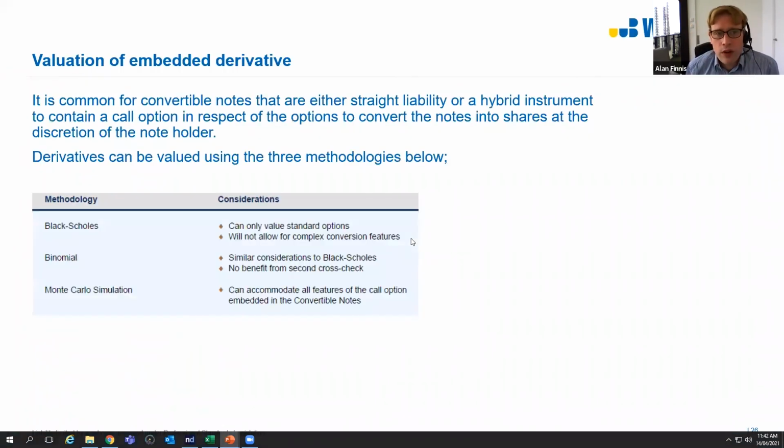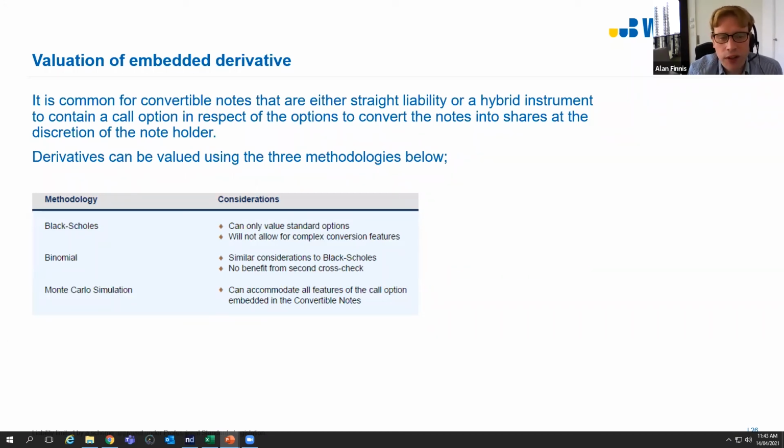Okay, so just going on to embedded derivatives. The majority of embedded derivatives need to be valued by a specialist, and these are the three methods of valuing derivatives. More often than not, Black-Scholes isn't really appropriate for doing this, so you do tend to need the input of an expert. The Monte Carlo simulation is really the one that the majority of people use when they value an embedded derivative